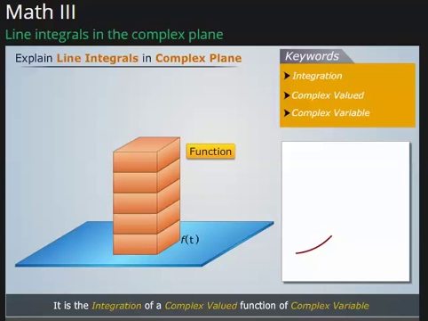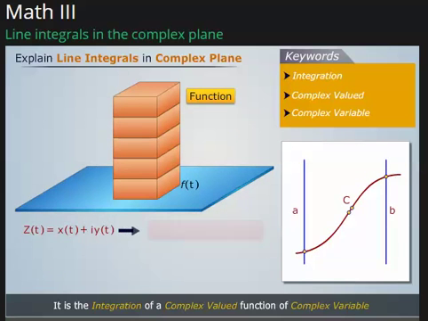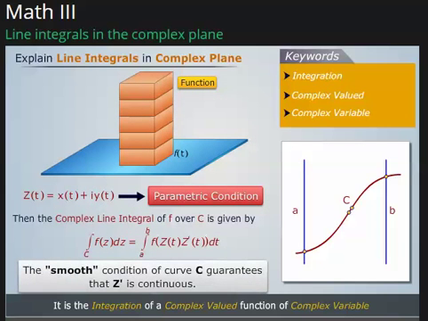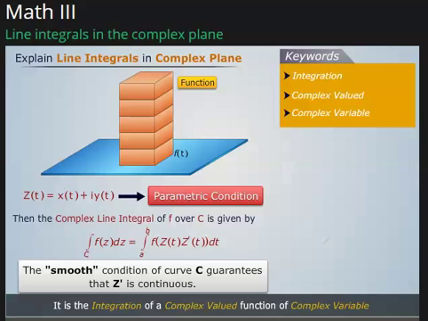Let C be the smooth curve in the complex plane between A and B. Let the curve C be parameterized by the expression. Then the complex line integral of f over C is given by. The smooth condition of curve C guarantees that Z is continuous. Related terms are